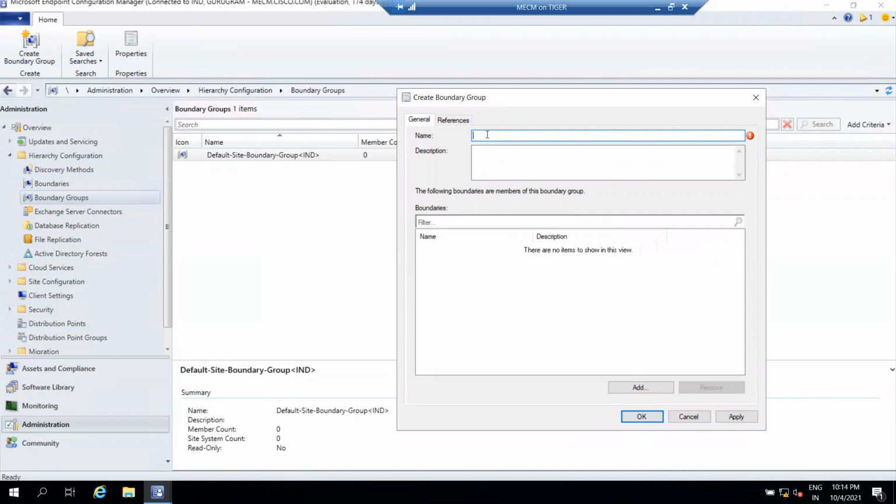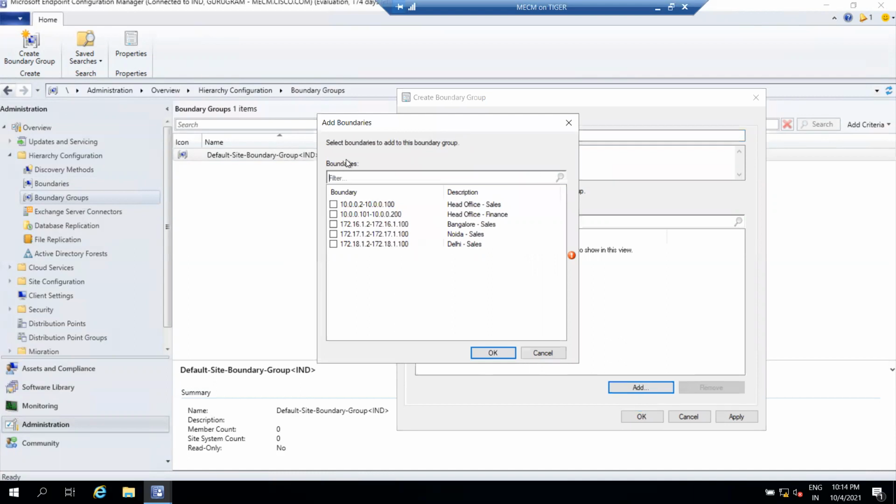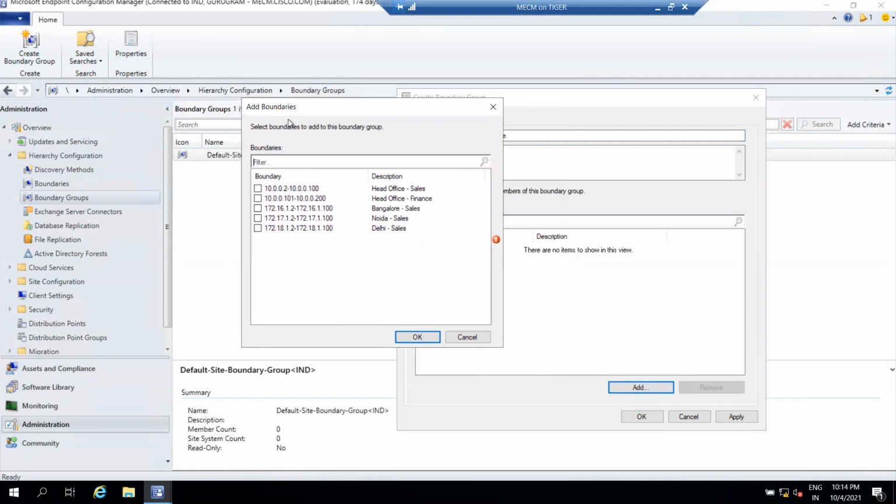Let me add a name, yes, we are creating it for head office. Provide the name and click on Add so that you can add your respective boundaries. Yes, we have created two boundaries for our head office.